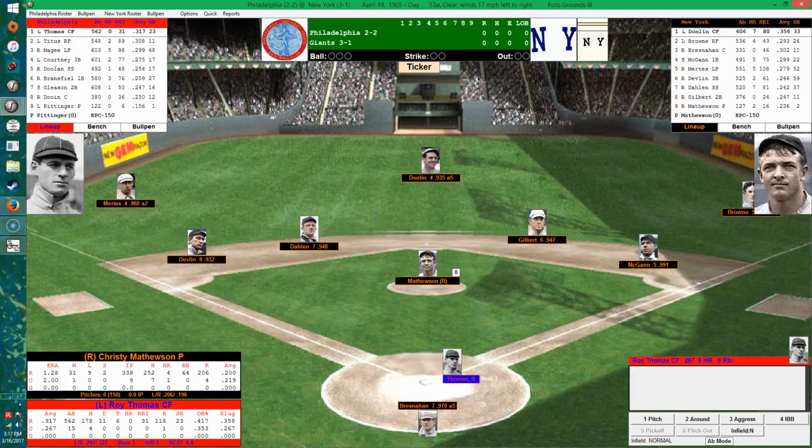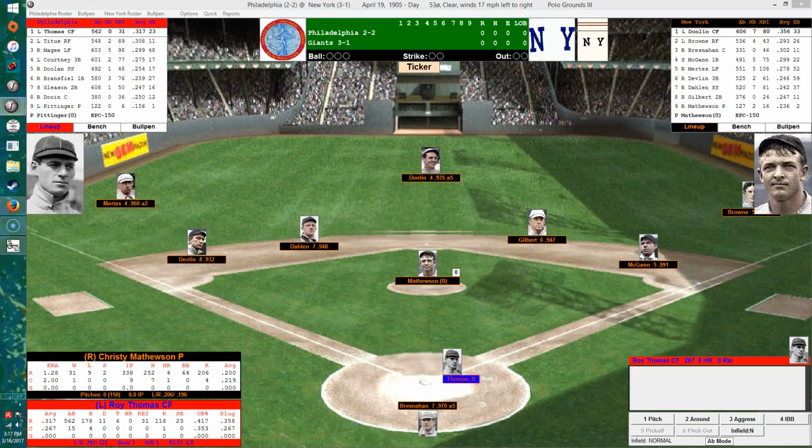So all right, Mathewson will be going up against a lineup as follows. Batting first for the Phillies will be Roy Thomas, playing center field. Batting second will be John Titus, the right fielder. Batting third will be the left fielder, Sherry Magee. It's quite the name there. Batting cleanup, playing third base, will be Ernie Courtney. Batting fifth and playing shortstop will be Mickey Doolin. Batting sixth and playing first base will be Kitty Bransfield. Gotta love that one too. My dog doesn't like that one too much, but